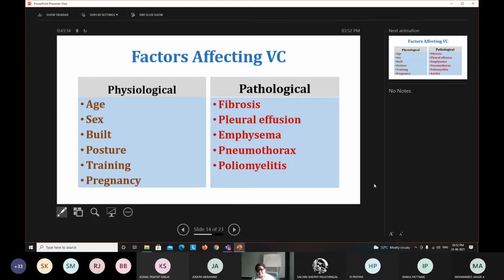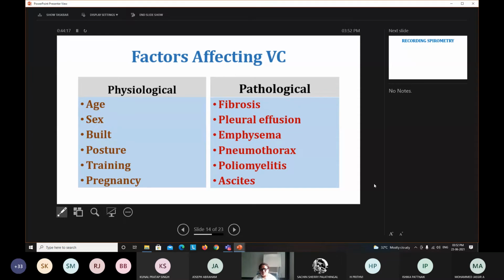muscles, poliomyelitis, which is a viral disease which weakens the muscle, in which respiratory muscles are weakened. So the vital capacity will be reduced. Next one is ascites. Ascites is the condition wherein there is a collection of fluid in the peritoneum. Again, there is distension of the abdomen, which will restrict the lung movements downward. So that also is going to reduce it. So all these pathological conditions are definitely going to reduce the vital capacity.